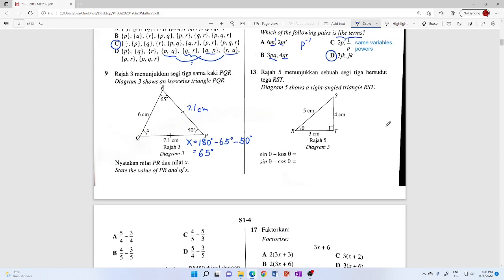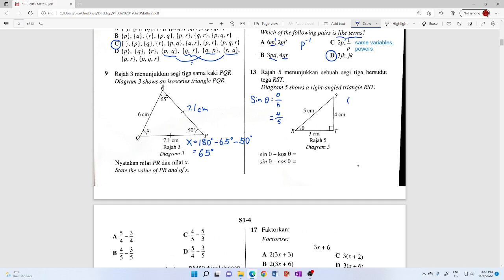Question 13. This is a right angle triangle. You need to know sine theta. Okay, for sine theta, this is equals to opposite divided by the hypotenuse. So opposite will be 4 divided by hypotenuse is 5,